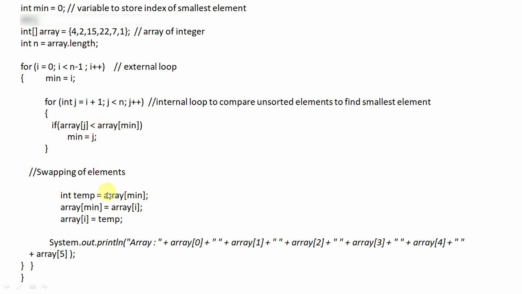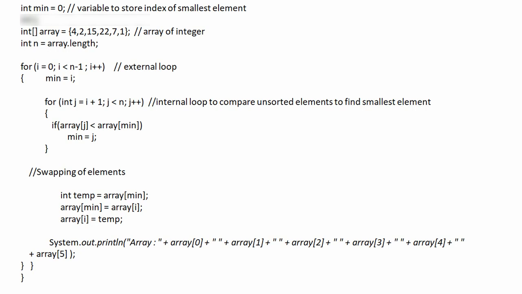In the same way, once the external loop completes its one iteration, we will get our first sorted element, which is placed inside the sorted array. Now the external loop will point to the next element, that means the second element of the main array,